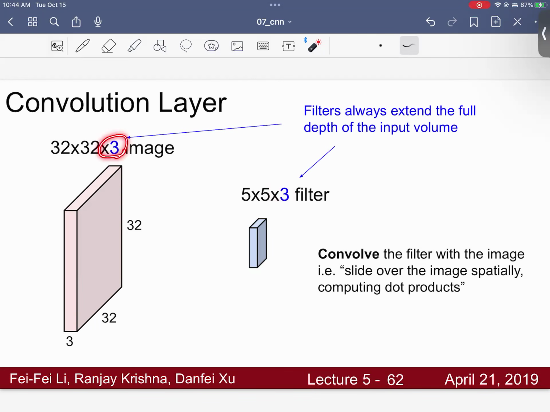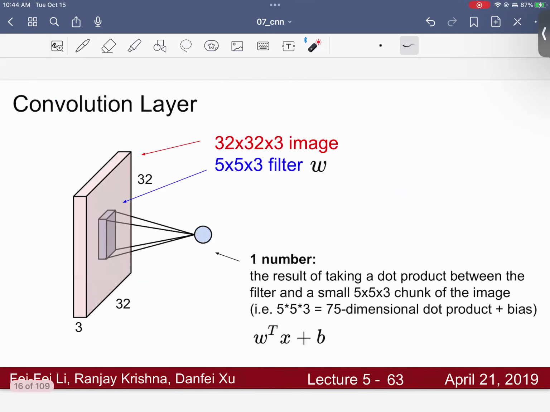So this is an RGB channel, right? If your input is three-dimensional in the end, then your filter also needs to be three-dimensional in the final dimensionality. These 5 by 5 can actually be 3 by 3, 7 by 7, it's up to you. But right now we're dealing with 5 by 5 by 3. So what's happening is you have a filter